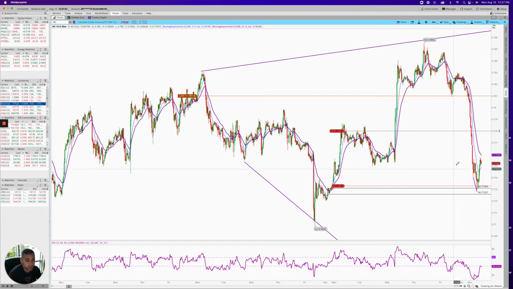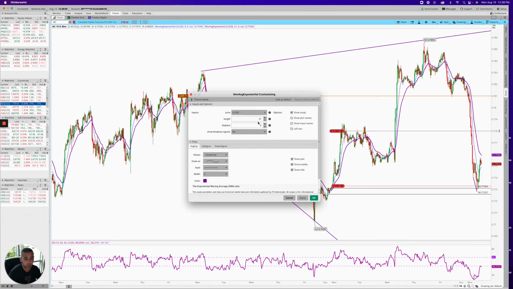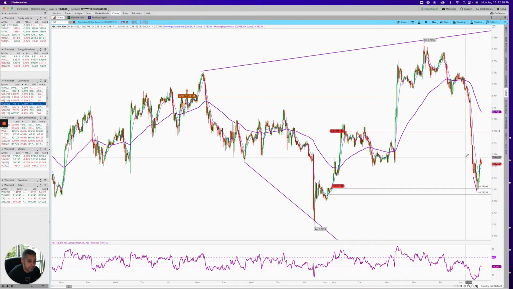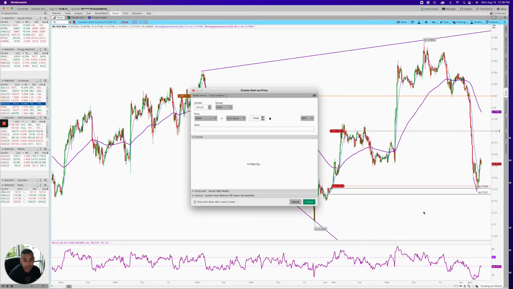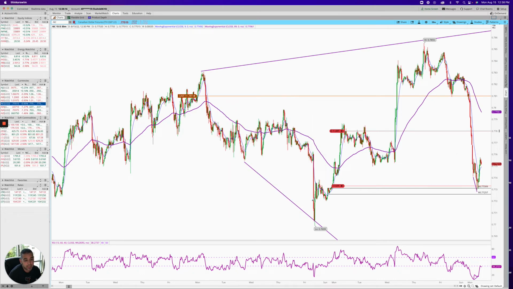So if nothing else, we hit T1 on here and we moved our stop to break even. So we're guaranteed to not lose money on this trade. And once we cross above about 776, I can implement a trailing stop strategy. So what I'll do is I'll just come in here, right about there, and let me know if price gets above that, and then I can lock in more profit implementing a trailing stop strategy as we head north, hopefully